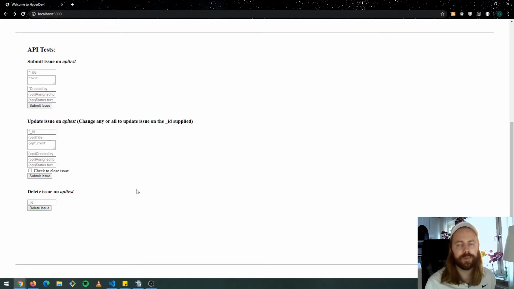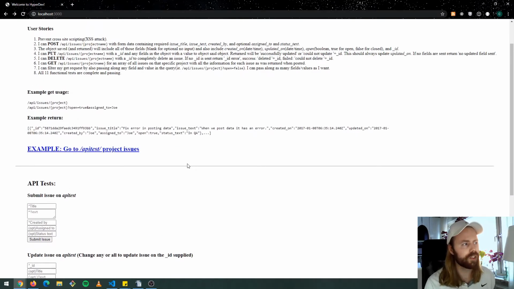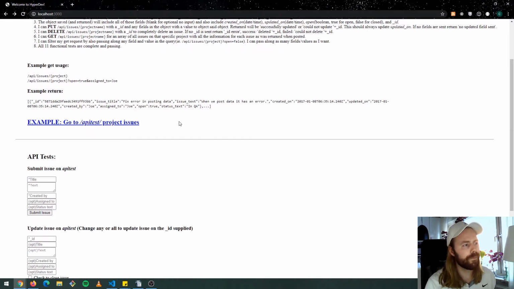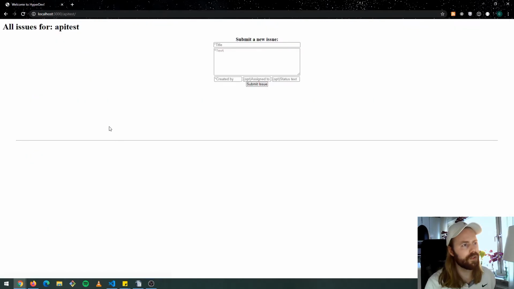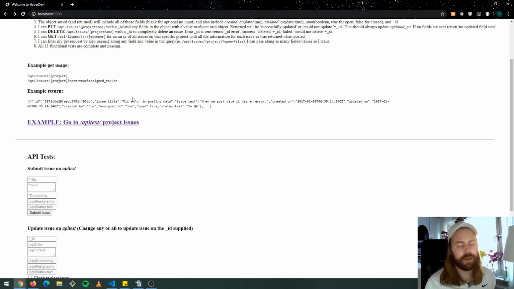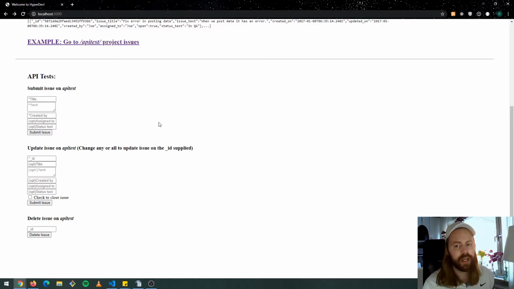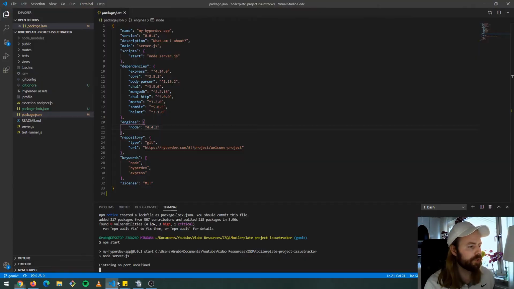I think that there's something missing here, because I want to be able to get the issues as well. Let's say, for instance, that I submit an issue here, and then I go away for a bit, and then I forget which ID that issue got. Then I want to be able to get all issues so that I can see which issue I actually want. Anyway, so we're actually going to add that part here. So if we go to